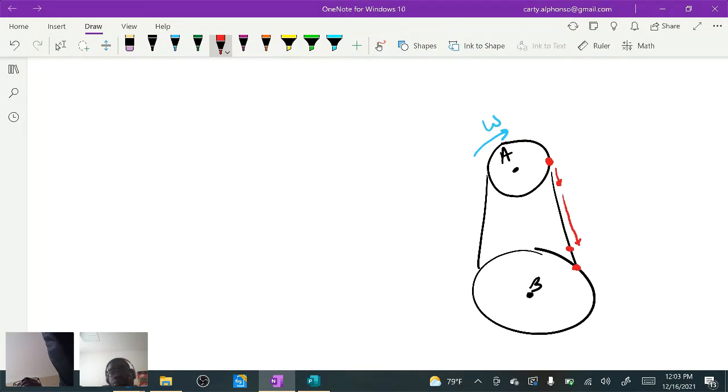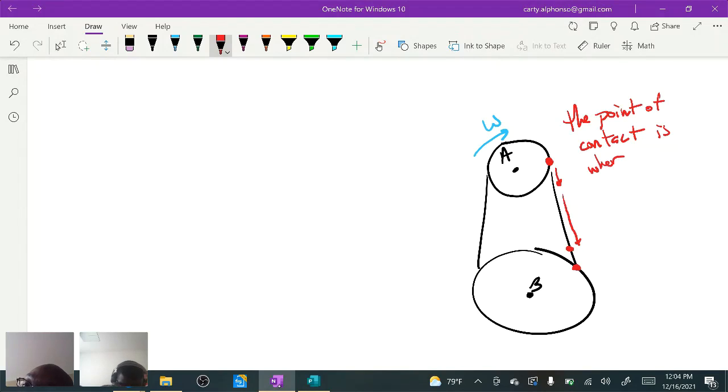So the touching point is where they share the motion. The point of contact is where the motion is shared. It's the same. But when you're looking at a rigid body, any point on the rigid body has to be